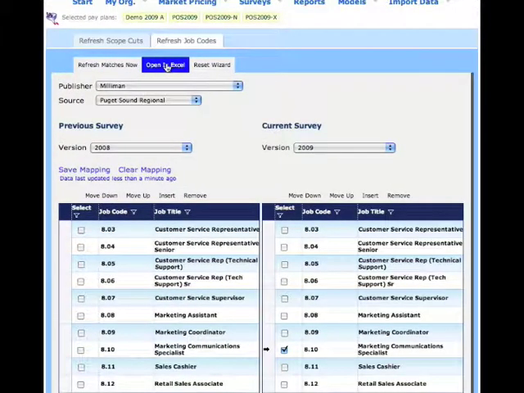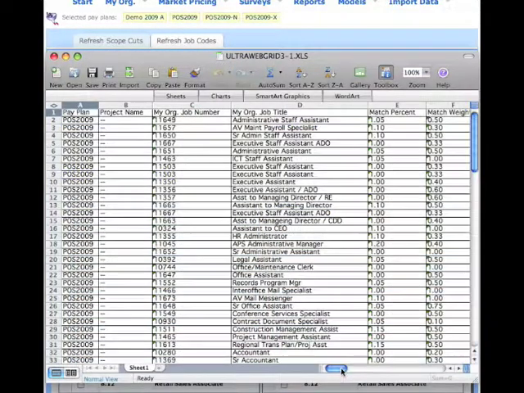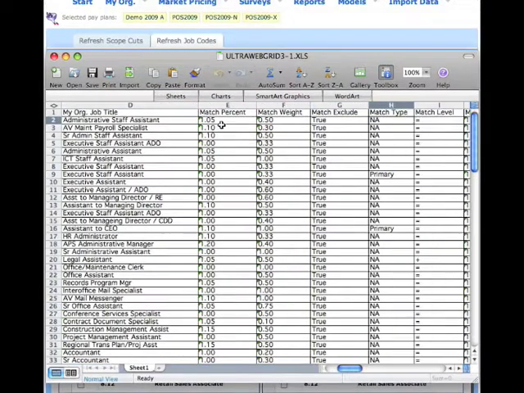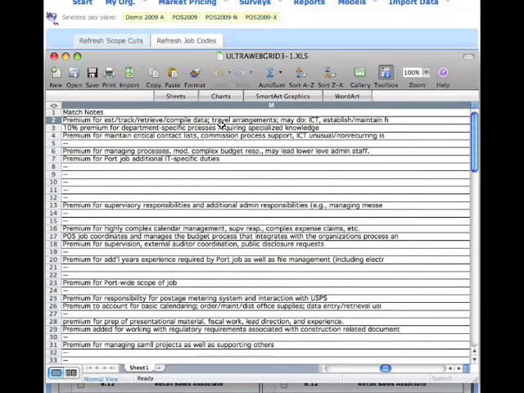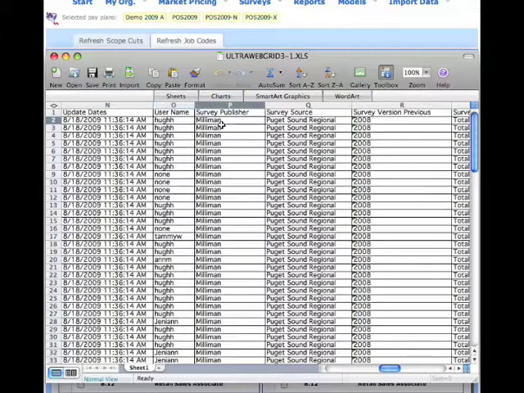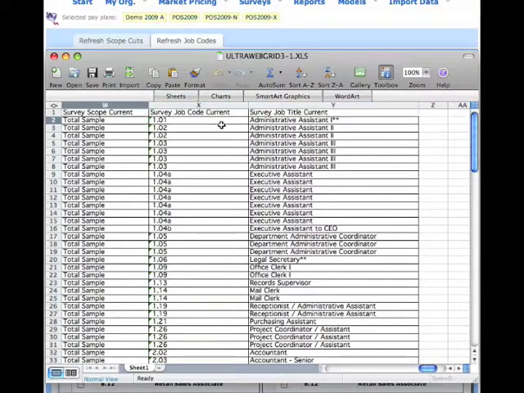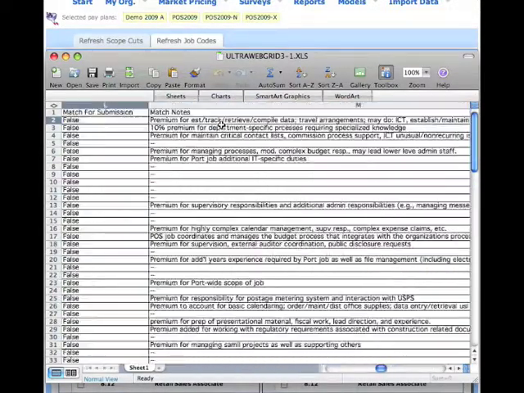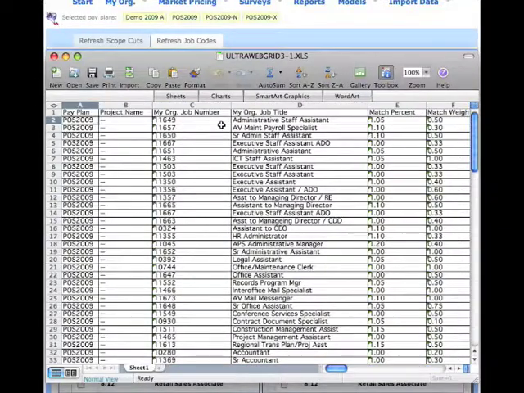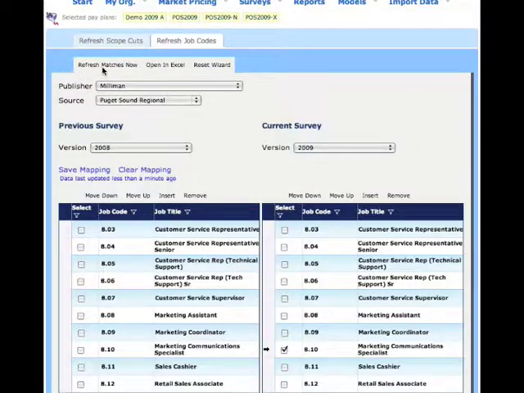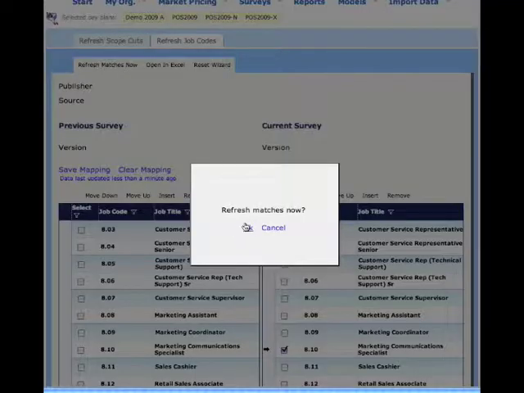And now before you actually do anything else, you'll want to open a report in Excel. So here's what the report looks like in Excel. It shows you the pay plan or project and some information about your job, as well as information about the matches. And then on the far right, it will show you the job mapping from the previous version to the new version. You'll want to definitely make sure that that report has data in it before you refresh the matches. And when you're ready to do that, you'll just click Refresh Matches Now and then click OK, and that will actually run the wizard